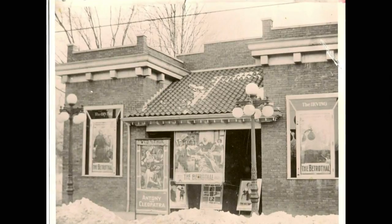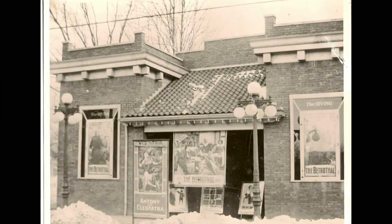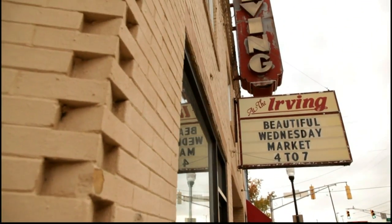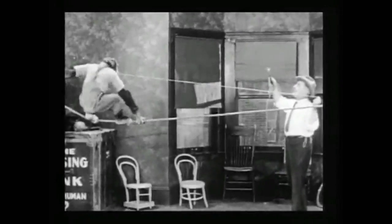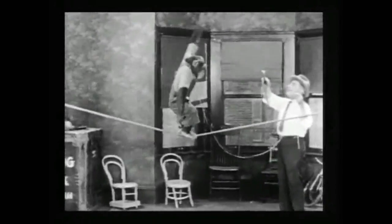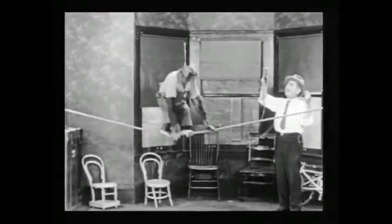It was a little one-story building. It was 50 feet shorter. There weren't the shops on the other side. This was one of the last neighborhoods to get a movie theater. The neighborhood was kind of concerned that their children would be corrupted by these Keystone Cops and Charlie Chaplin kind of movies, so they tried to show educational movies for the first period of time, and I don't know exactly